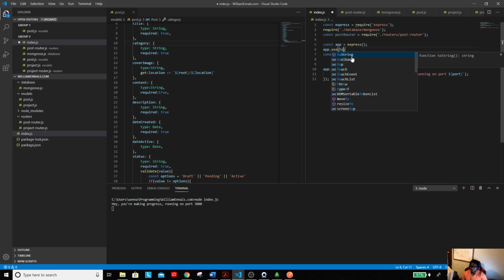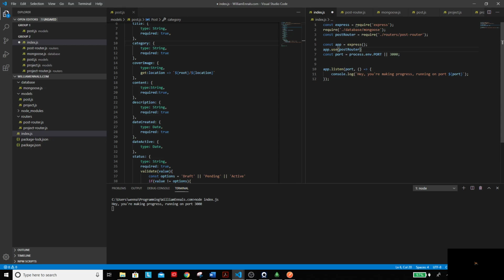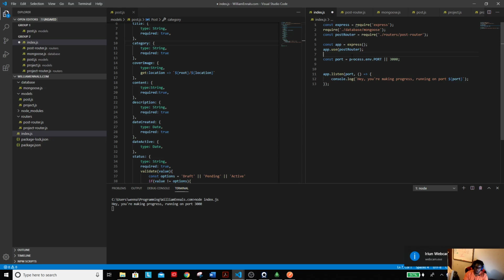So we're going to use this post router. So we're going to use that post router. The post router is what helps us tap into the database now, the post database collection. So now the next thing we have to do is we have to say